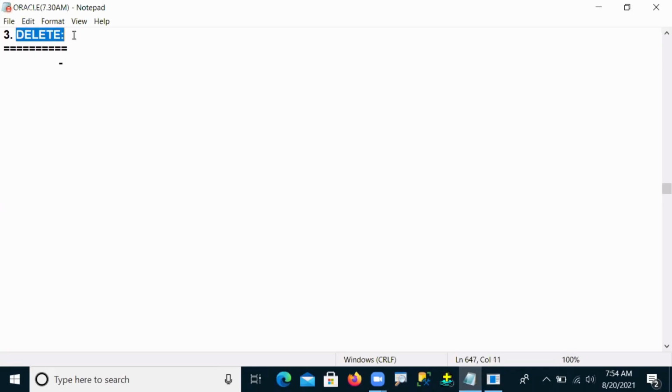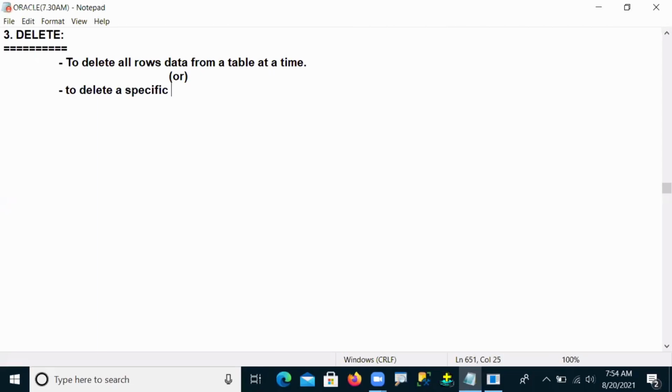Now, the delete command's purpose is also the same, but here one point we will compare. We can use it to delete all rows' data from a table at a time, or to delete a specific row's data from a table.